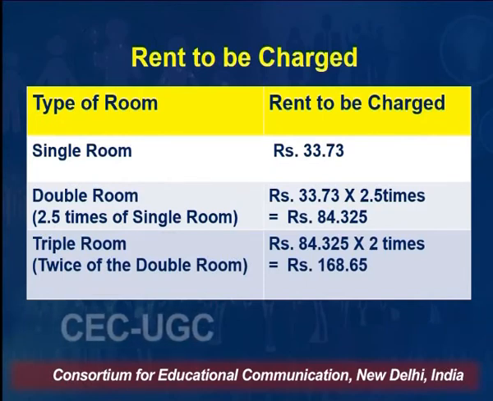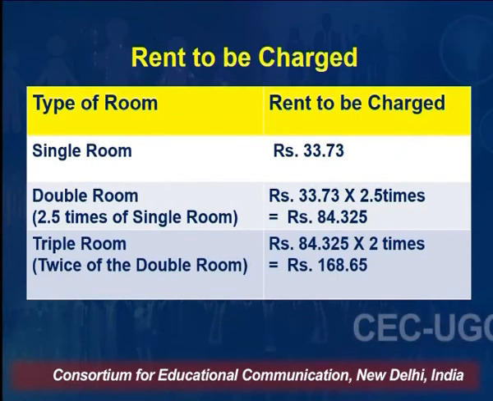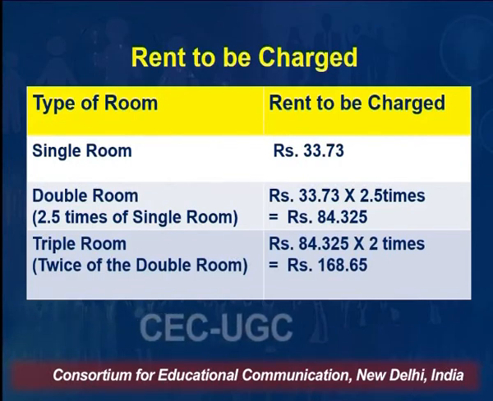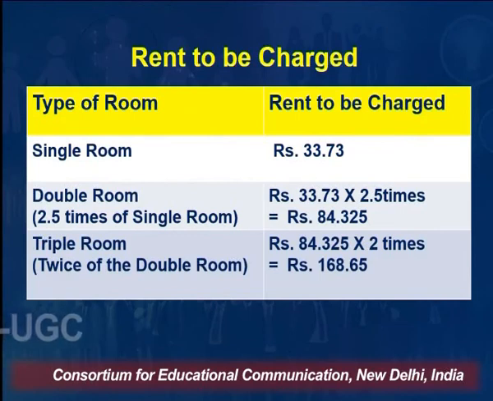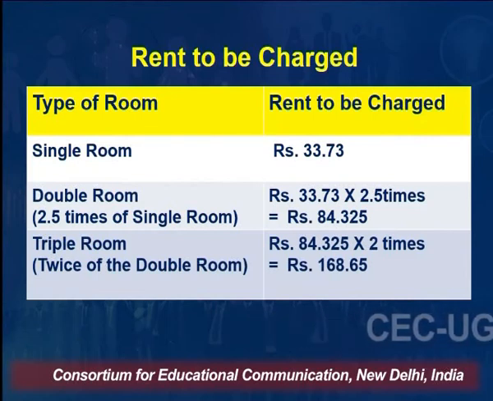For triple room, it is twice of the double room, so I'll take up the price of double room, that is 84 rupees and 32 paisa, multiplied by 2 times, and it comes to be rupees 168.65. Some students, alternatively for triple room, take 33.73 and multiply it by 5. They are also correct in their own way. And my dear learner, this is the way these hotels, these service providers, decide their rent to be charged